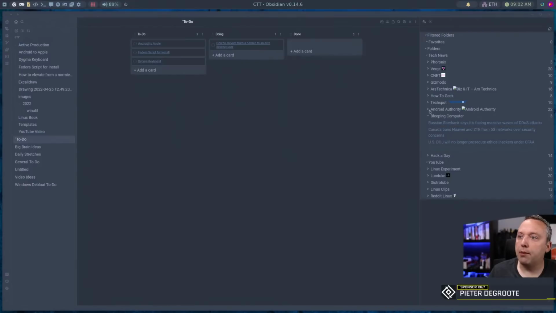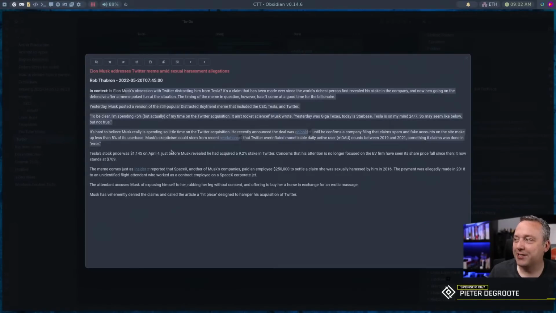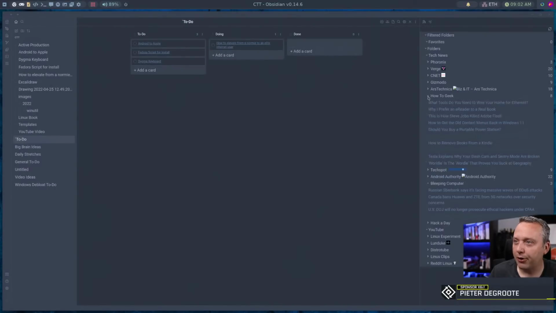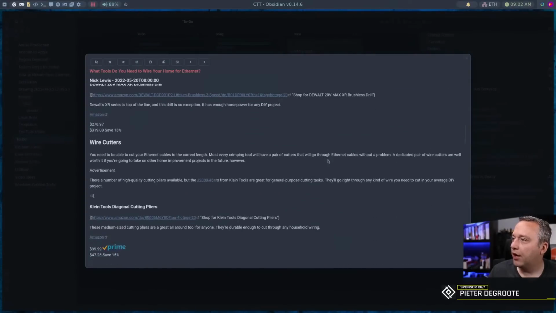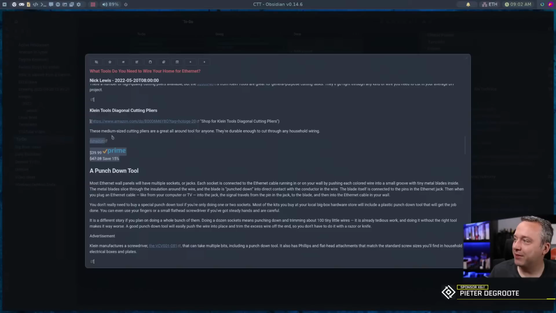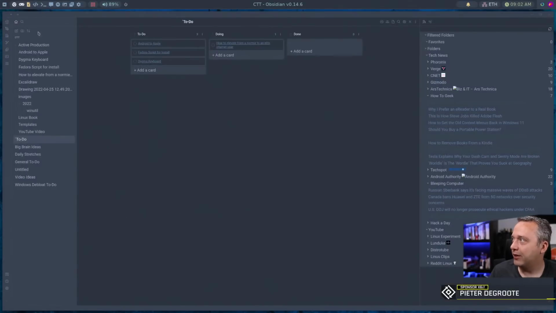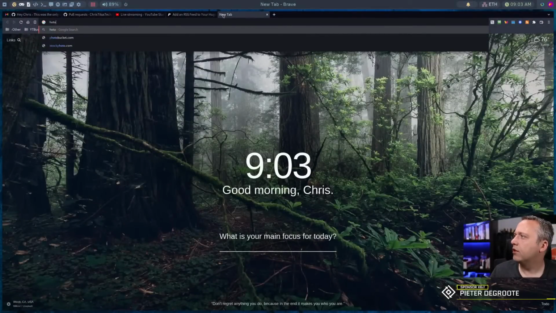So whatever happens here, let's say TechSpot, what do we have going on? Twitter meme. So you can actually read most of this, and what I've done, like I think How-To Geek, let's see what this was. Yeah, that's going to be the full article. You can see some stuff gets built in because of how I do it. So by default, How-To Geek's RSS feed is links only. So if we look at How-To Geek,